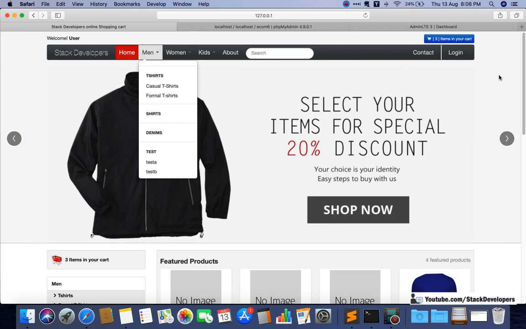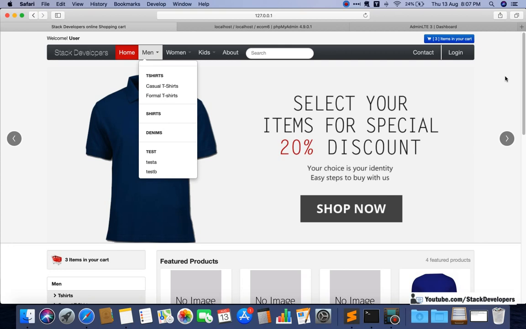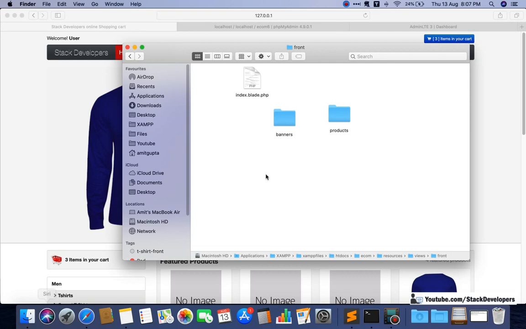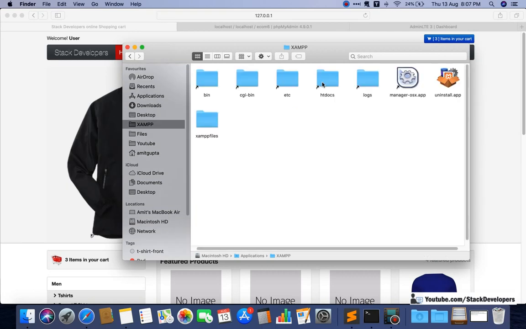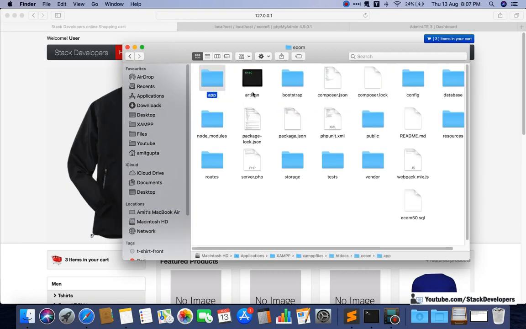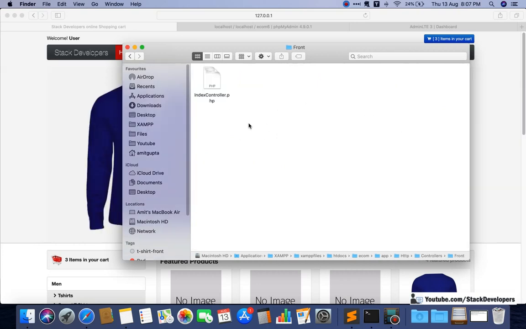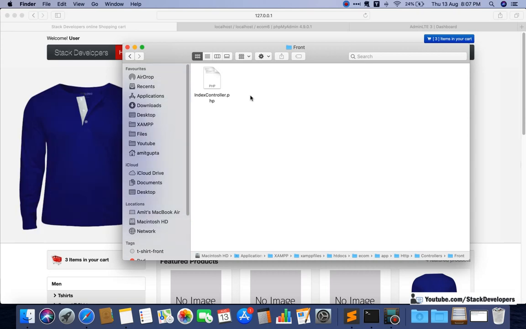So now we are going to create such kind of page, and for creating the page we need to add the products controller for the first time. Up till now, I will open app, http, controllers, front. In front we only have the index controller so far, that is for our home page, but now we also require products controller. We require it not only for the listing, but also for the detail, add to cart, shopping cart, and other pages as well.